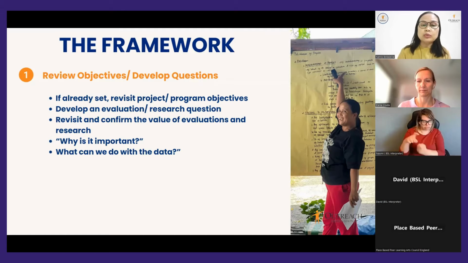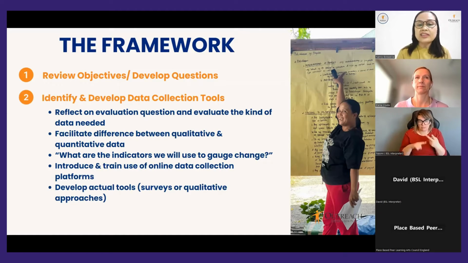And then step 2 is to identify and develop data collection tools or survey. Here, the practitioners will also facilitate different ways of knowing. So depending on the evaluation question, the practitioner will support the community in identifying whether they will need qualitative or quantitative or both sets of data.